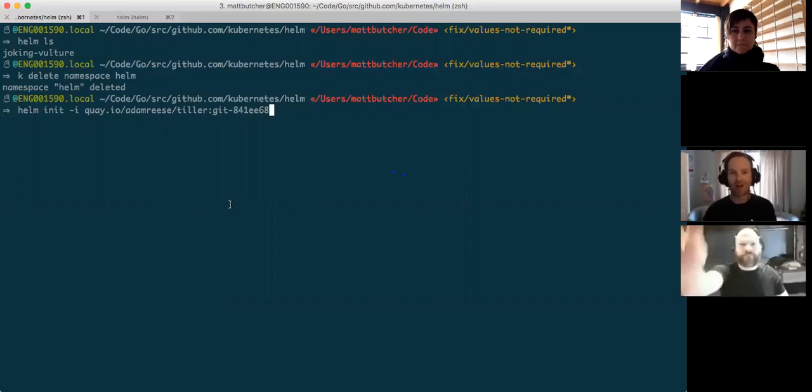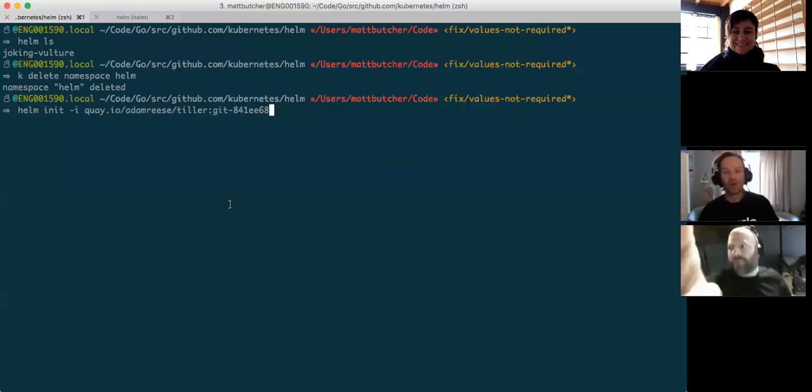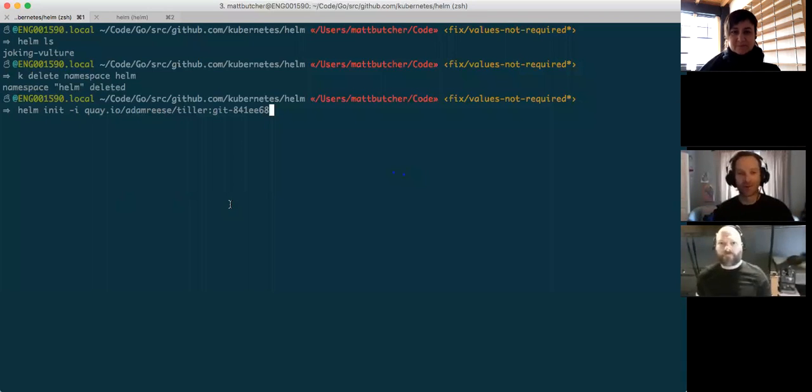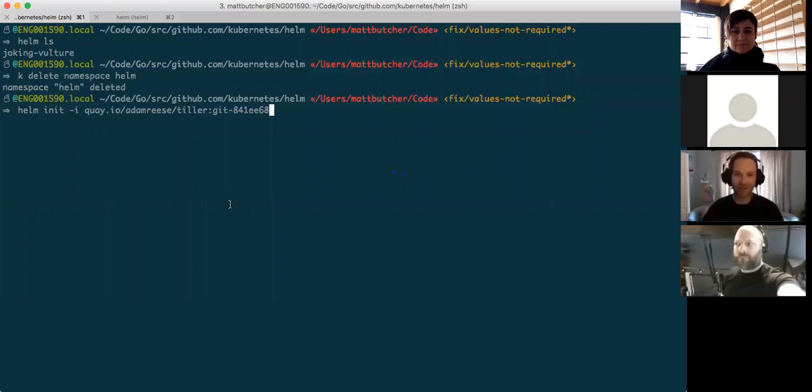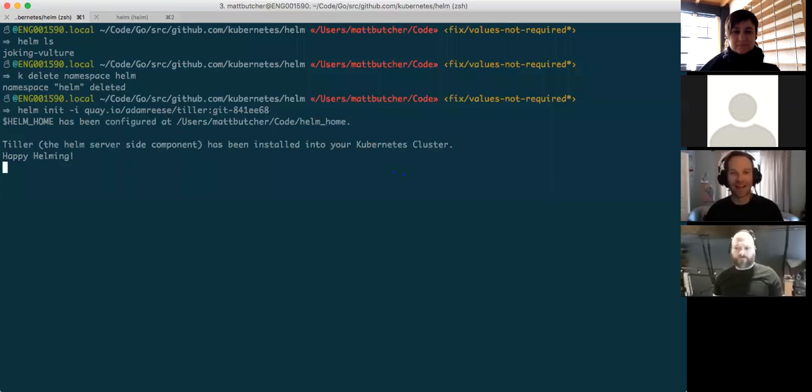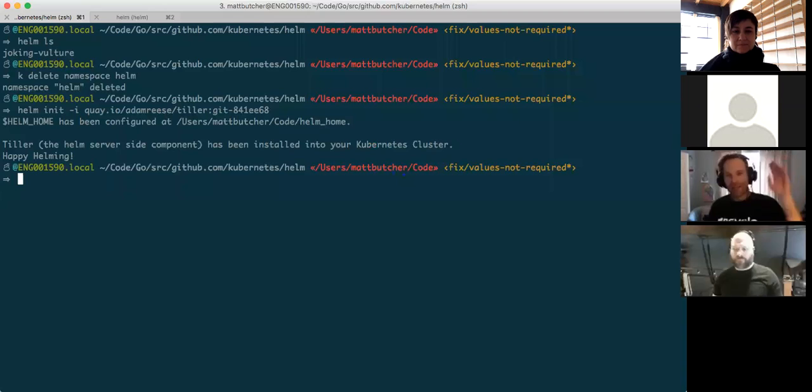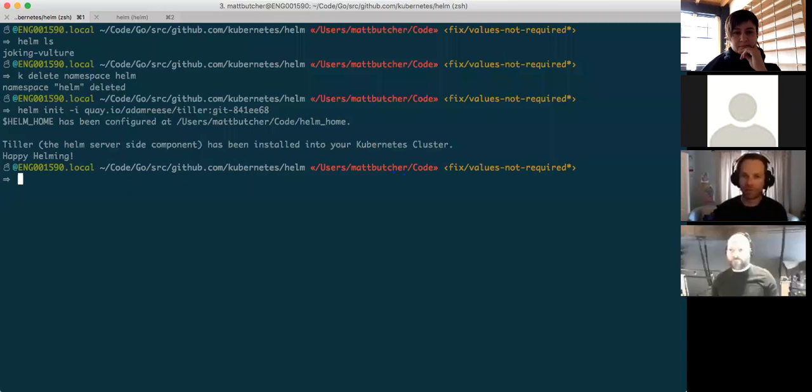Like I said, we're on alpha, I'm running on the edge, so we're running off of, Adam Reese is one of our core contributors. I'm running off of his image because it's hopefully more stable than my last image, but here we go. So it has now configured my Helm home. I point mine to a separate place. By default, it should go in users, $user/.helm, I think is where it goes by default. I've got mine overridden, so you can see it's going into my HELM_HOME directory. That's like my local cache where stuff goes just to keep it cached, where my local config files go, stuff like that.